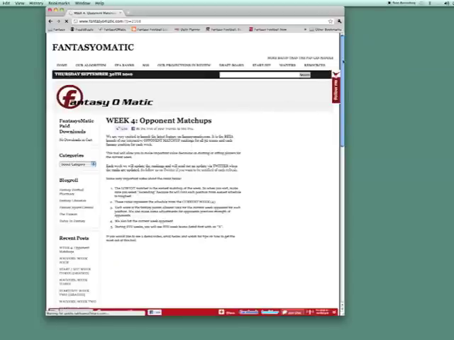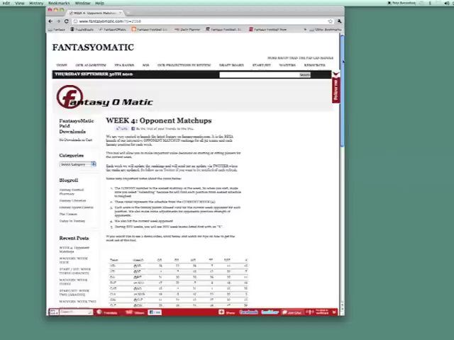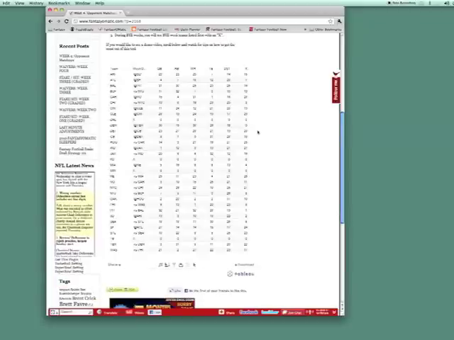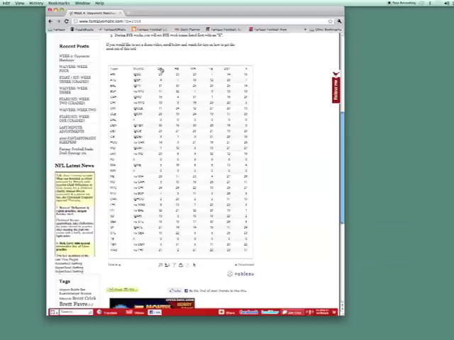First of all, you've got the opponent matchups. This is weekly. This is just isolated information just for the week. And if you scroll down each week, you'll see that you basically got this matrix here. And originally it's going to be sorted alphabetically by team, but the real power of this comes if you select